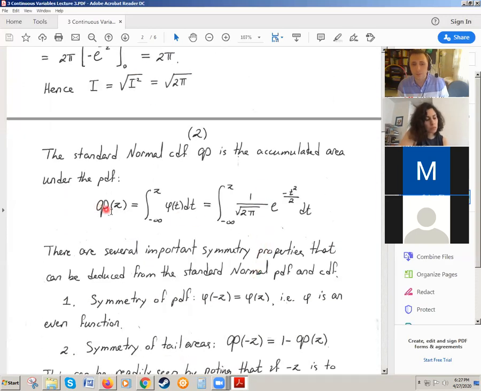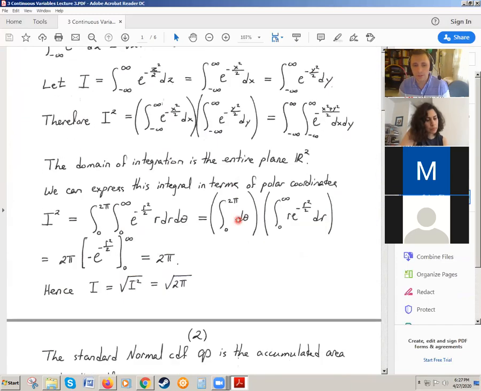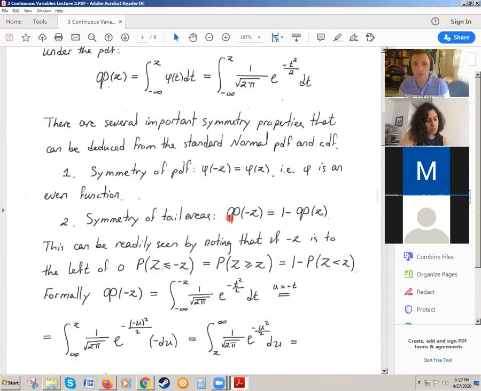So the cumulative distribution is then written as the integral from minus infinity to z of phi of t dt, which is this integral. And you would observe that this distribution has many nice properties regarding symmetry. So the nice properties are as follows. The density function is even. So if you replace z by minus z, the function is not changed. Yes, that's because of this z squared factor. The minus is not affecting it.